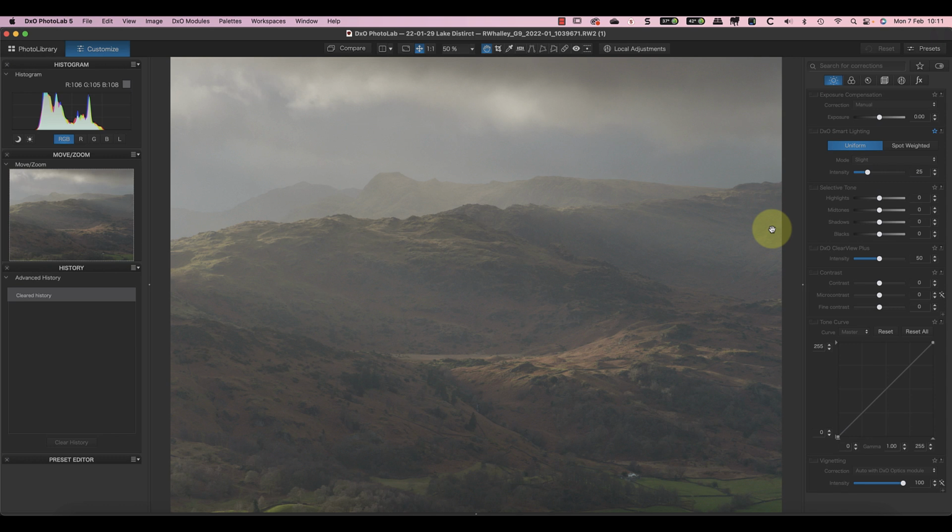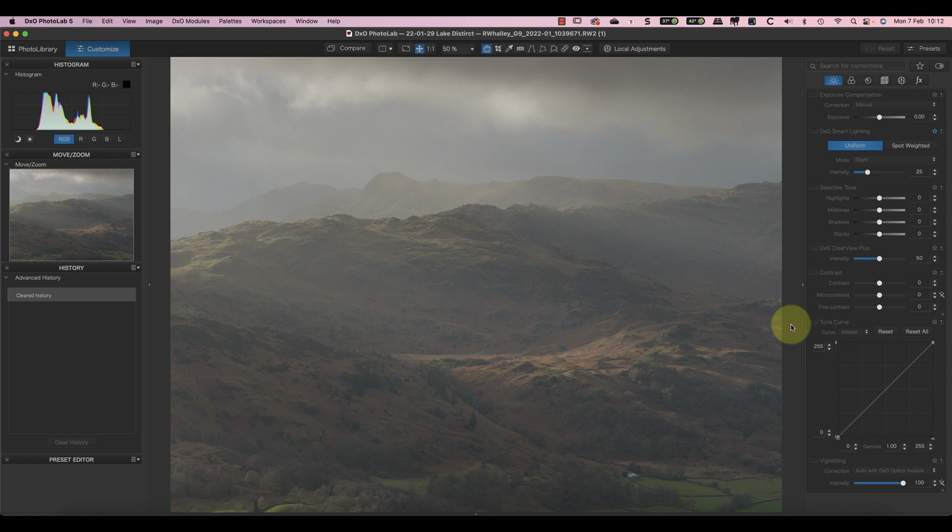One of the things I do like is this side lighting that's coming through across the mountains here and to a lesser extent here. Now we'll have to enhance that later, and I've got a couple of tricks that I'll show you to try to emphasize this and possibly even add some more side lighting.